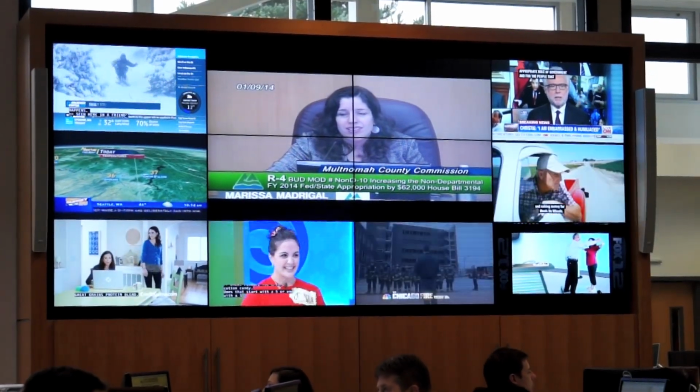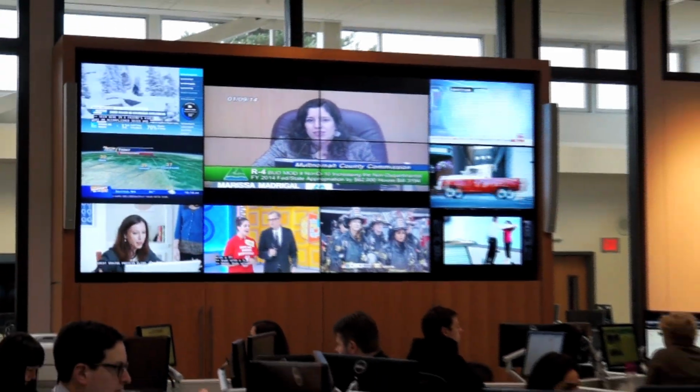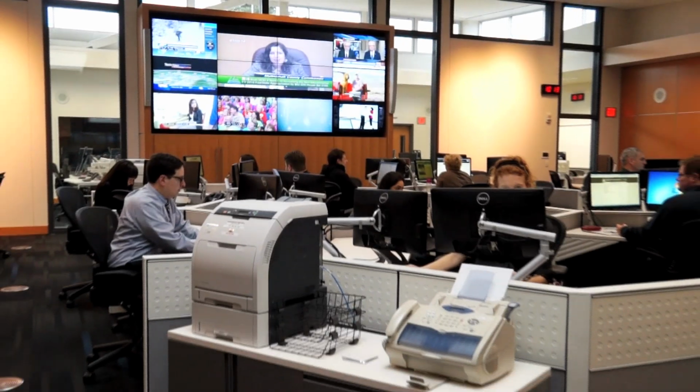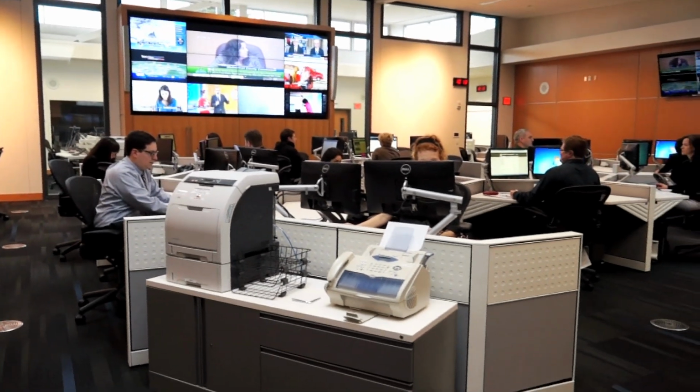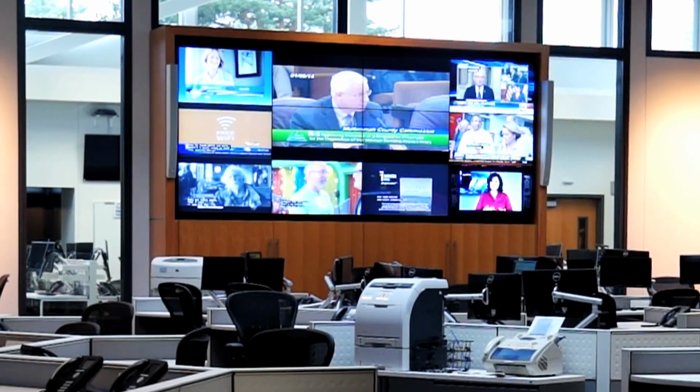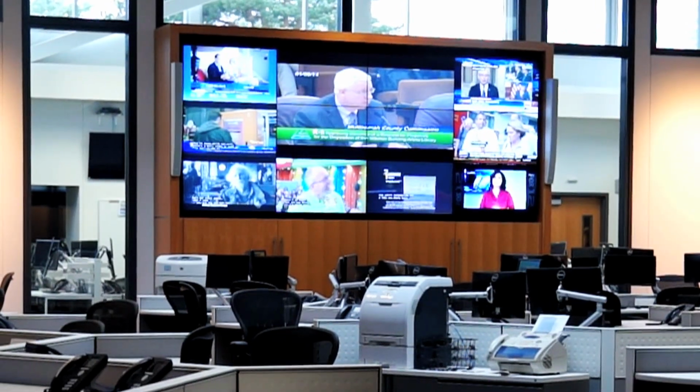Here we are in the heart of our Emergency Coordination Center. The focal point of the Emergency Coordination Center is our large 12-monitor matrixed video wall. We can display 12 small individual images or one large image. The video wall allows us to display information such as maps and other emergency information to everyone in the room